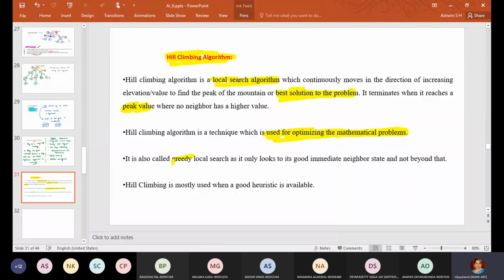It is also called greedy local search, because it looks for the good immediate neighbor state. It is mostly used when a good heuristic is available, and it will give you an optimal solution when you have a good heuristic value.